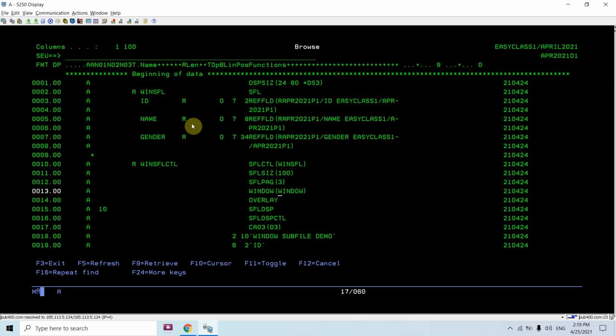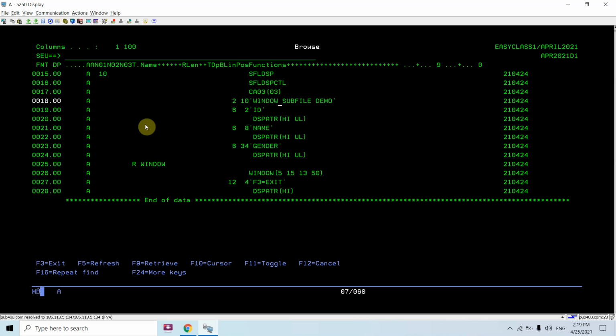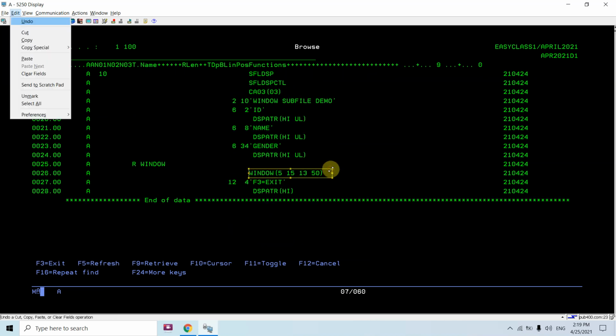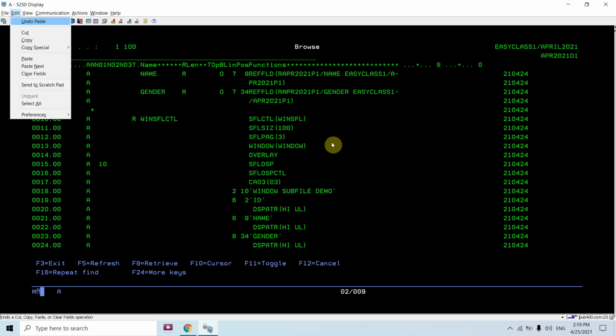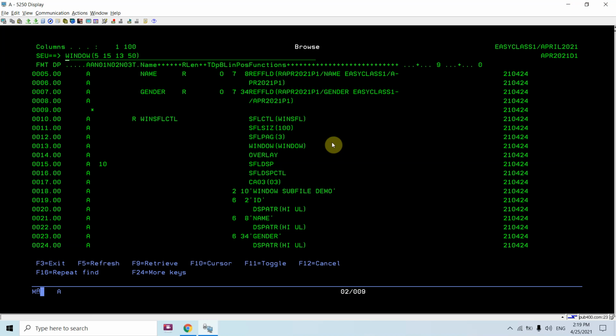Whatever I have defined here, I can define there instead. Both ways are possible.